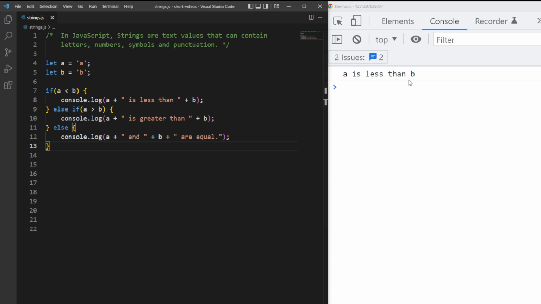So I get a is less than b. Okay, a is less than b. The reason being a is in a lesser position than b in the alphabet, right? So the cool thing here is that we can use the greater than, the less than signs that we usually in other languages can use only for numbers. Now we can use it for strings. So if I invert this here, you'll see